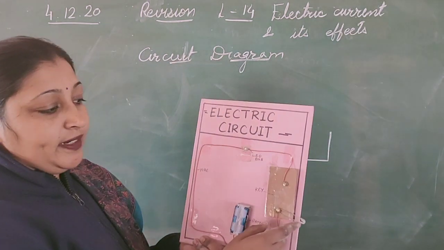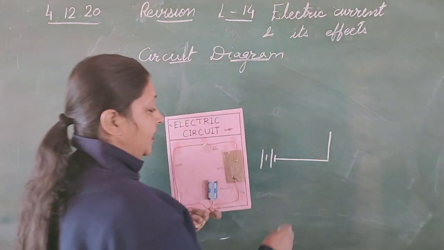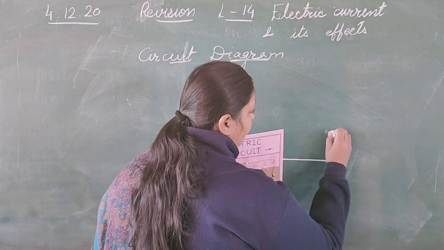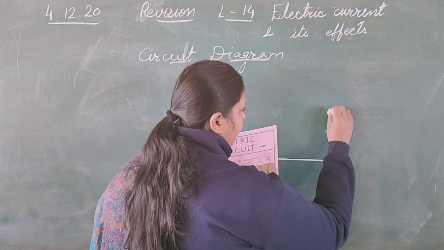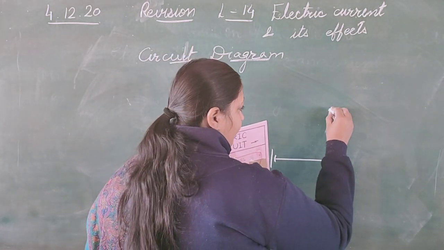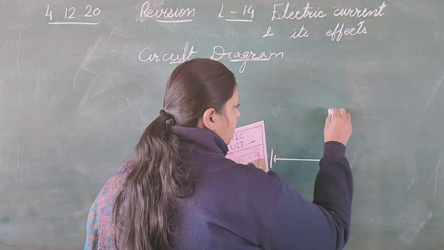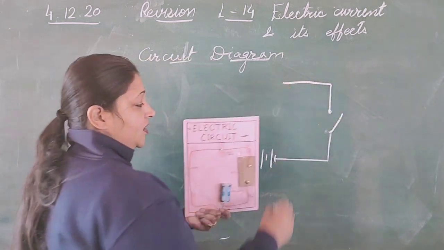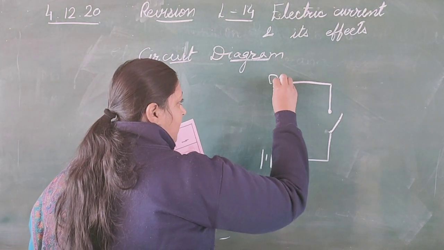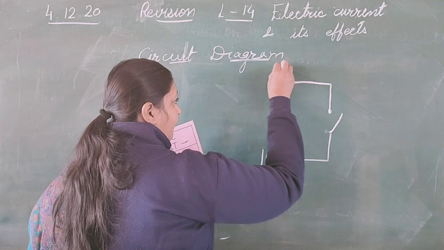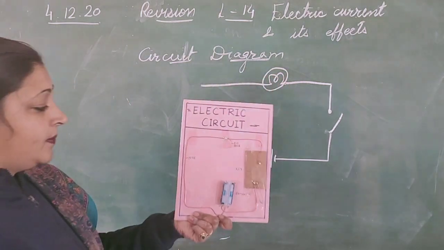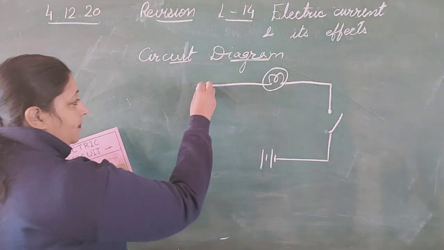And at this point, I find the switch, and it's an open switch over here. So I will draw a switch like this. Can you see the switch? Okay, so after this switch, there is an electric appliance. Can you see this? And this electrical appliance is a small bulb. And after this small bulb, it is further attached to the battery.